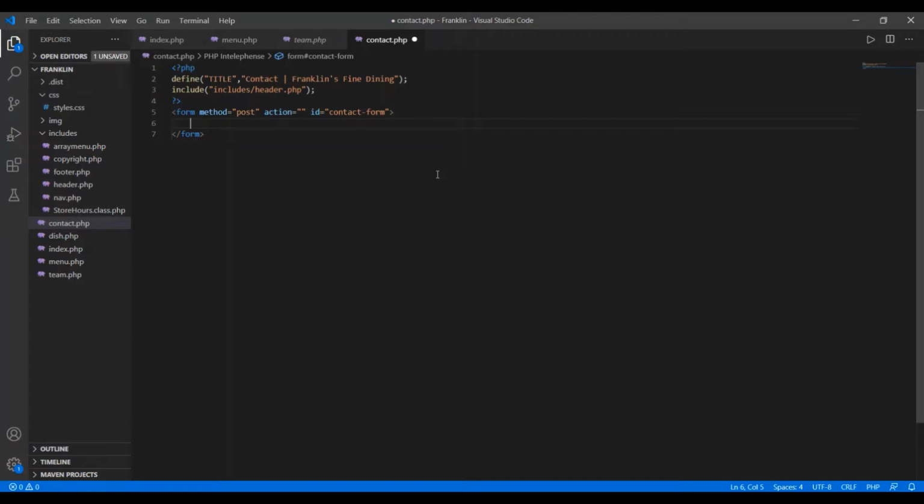Before that, I have to add some more lines before the form.